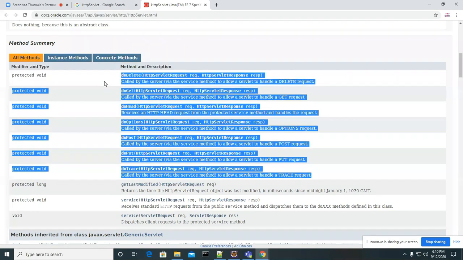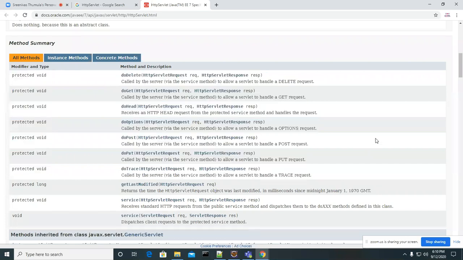So what are these doXXX methods? You know two methods till now. Whenever we request from the browser in the form action, we know that by default it is a doGet method, right? And the doPost method, we already explained the two methods.